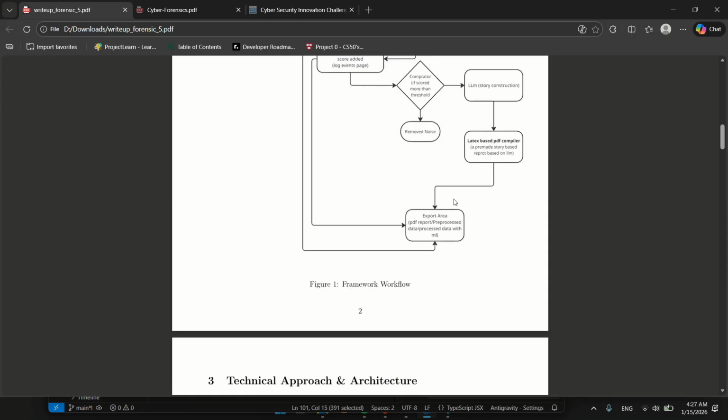Second, it generates LaTeX-based code which is sent to the LaTeX compiler, which is integrated in the system, allowing users to edit the PDF report and see the preview instantly. Finally, there is an export area to download the pre-made report or export the raw data in CSV or JSON format with the ML score included.